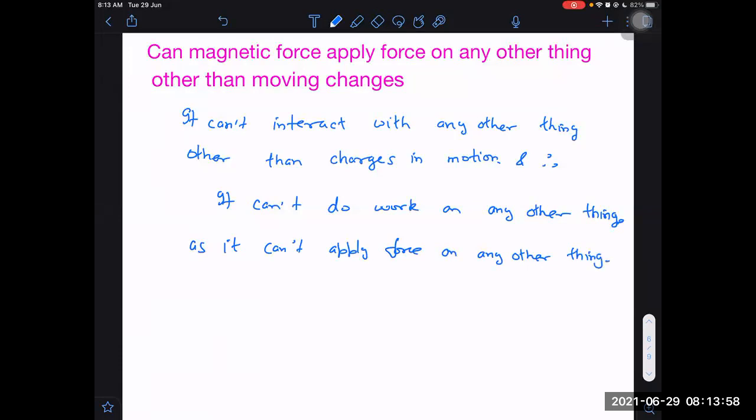One thing is done. Now, second, if it cannot do work on any other thing and it can't apply force on any other thing,